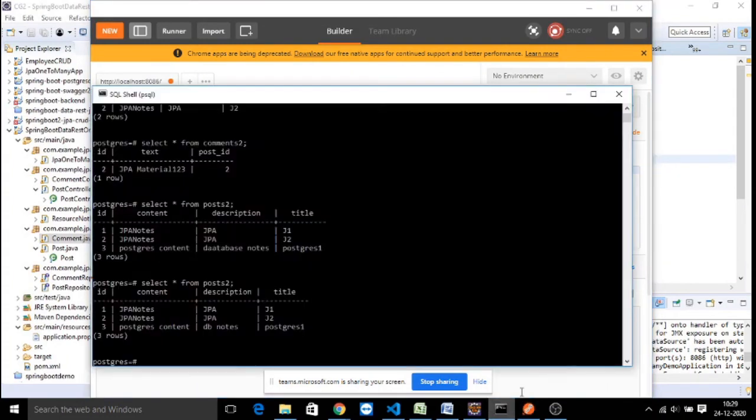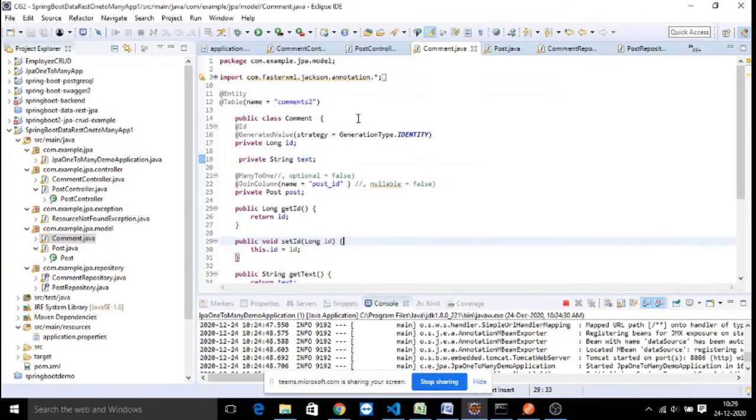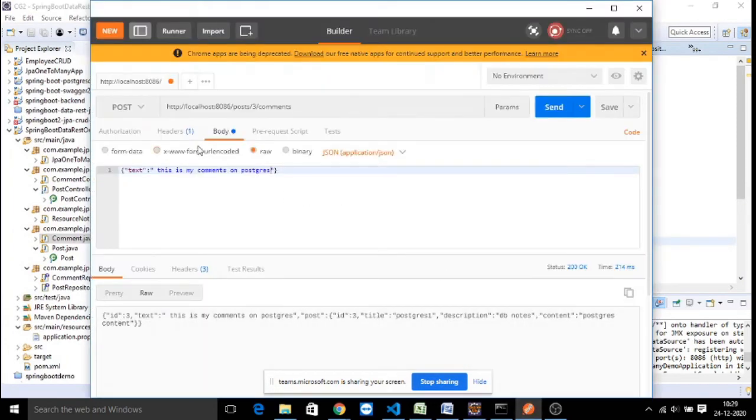Now if you can observe, first of all you can check with the comments table. In the comments table, one more comment is added, right? For which post it is added? Post number 3. Let's say I wanted to add one more comment for the same post, because this is a many to one relationship, right? One more comment I am adding.